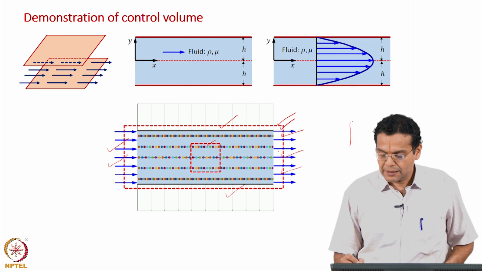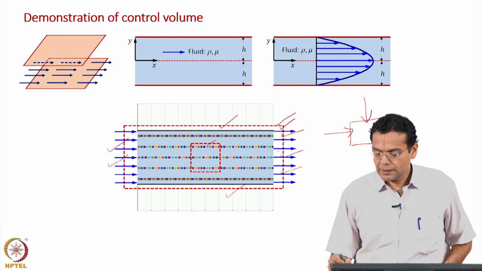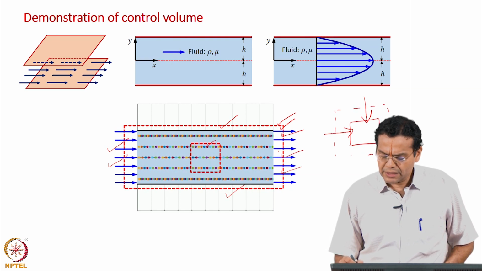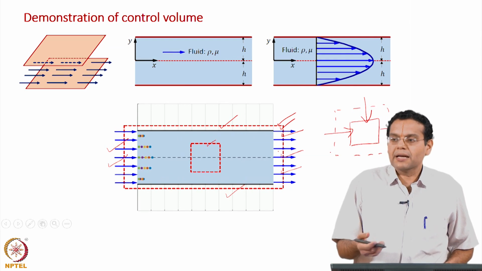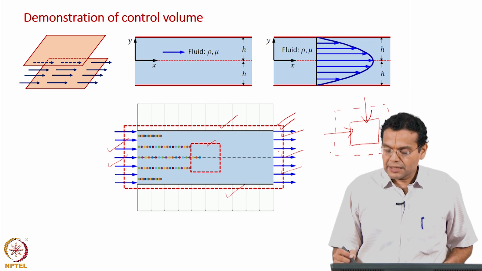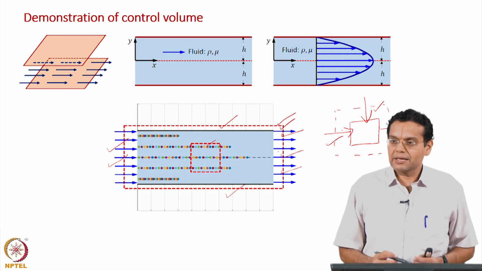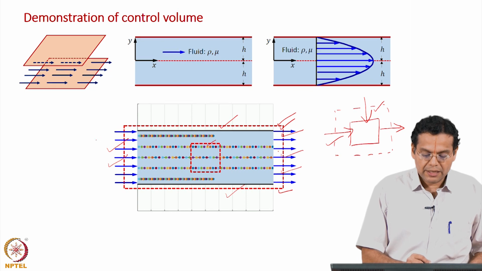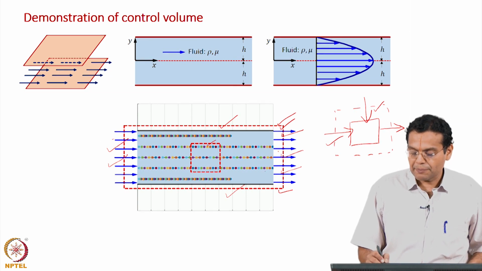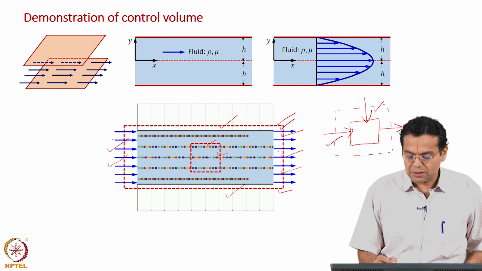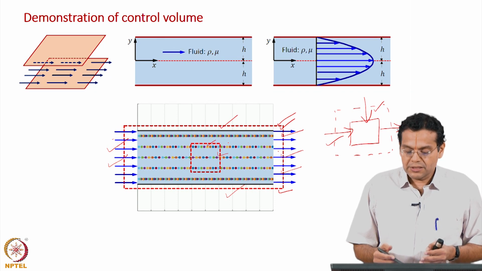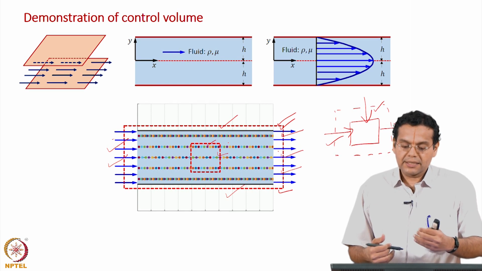If you recall back in your process calculation course, you would have had some mixing equipment and then you would have drawn a dotted boundary which represents the control volume, and then when you do a mass balance, energy balance, you would consider streams which cross the boundary. Exactly here again, when I take this as my control volume, I consider only flows which cross the boundary, and what is happening inside is not considered. When I take this control volume, I focus on what is happening to the fluid flow in this control volume, which is the region between the two plates.